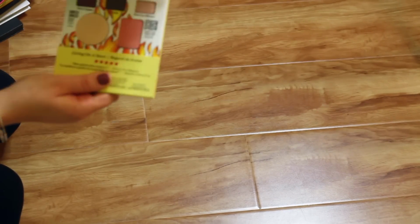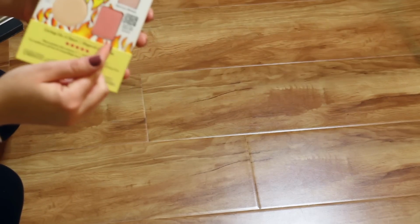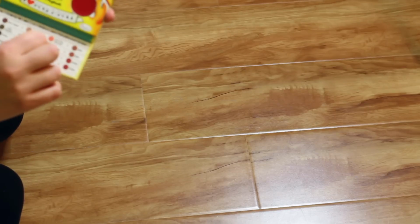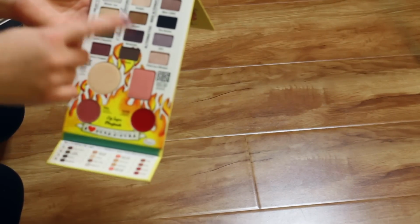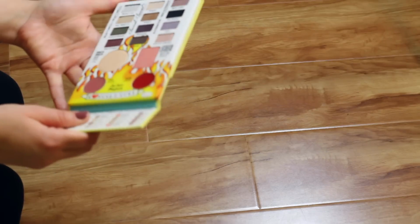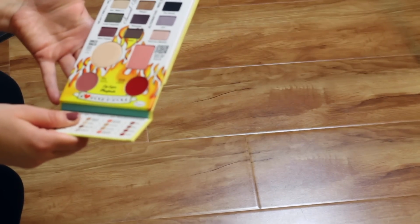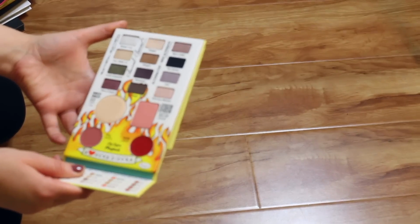The last palette I'll show you is the Rockstar palette by the Balm. Oh, the Balm Joey, actually. They're so clever with their names. Has a highlight. Is that the Mary Lou highlight? Lip colors and a blush. Oh, I keep on coming out of the frame. And a very good amount of eyeshadows. I think I'm going to get rid of this one though, because